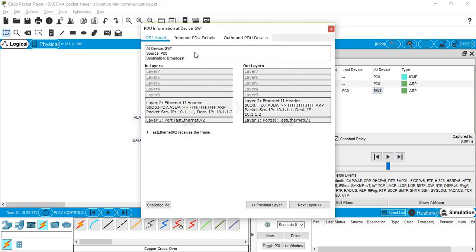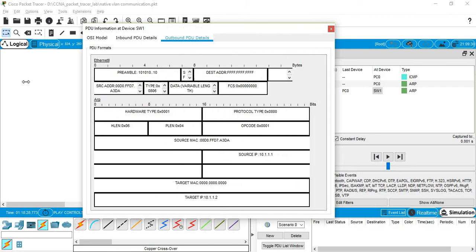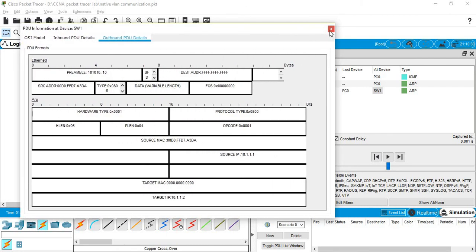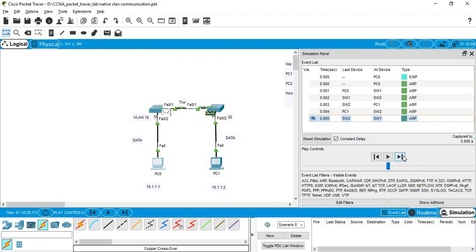See, inbound is untagged and outbound is also untagged, and there is no tagging of VLAN 10. It is sending as the native VLAN, which is untagged. The ARP request is forwarded to switch 2. In the previous scenario it was dropping, now it is replying to the ARP request.